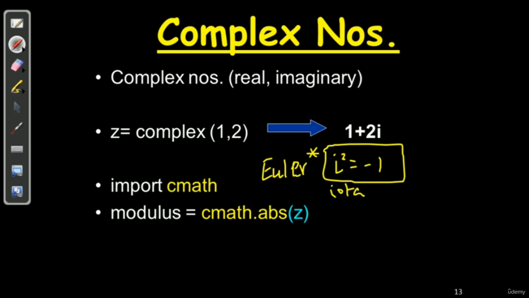Now what are complex numbers and how do we write them in Python? Simply, we denote them with the x-axis and the y-axis. The x-axis is 1 and the y-axis is 2. So 1 is our real part and 2 is our imaginary part, IMG for short form, imaginary part. We can plot that on the graph where y represents the imaginary number and x represents the real number.